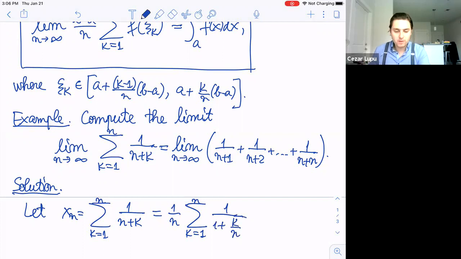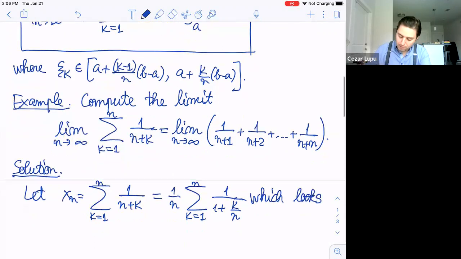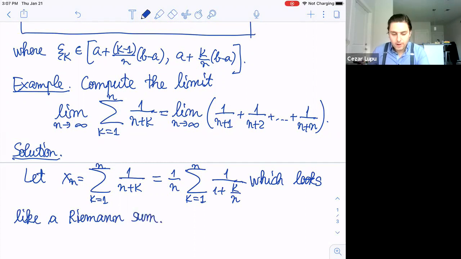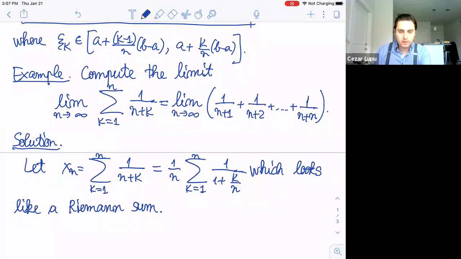All right, that's great. So this looks like a Riemann sum. Okay, let's write this, which looks like a Riemann sum. All right, great. And now what we're going to do is to consider the function that will be associated to this Riemann sum. So consider the function